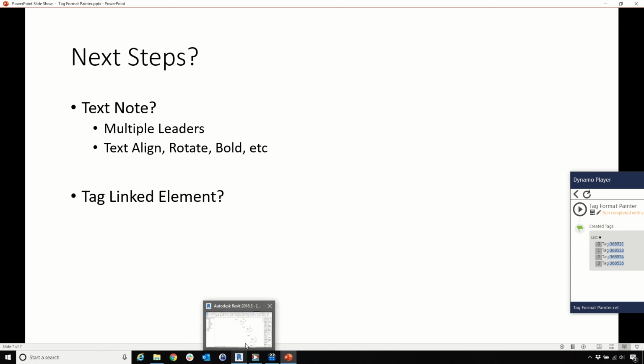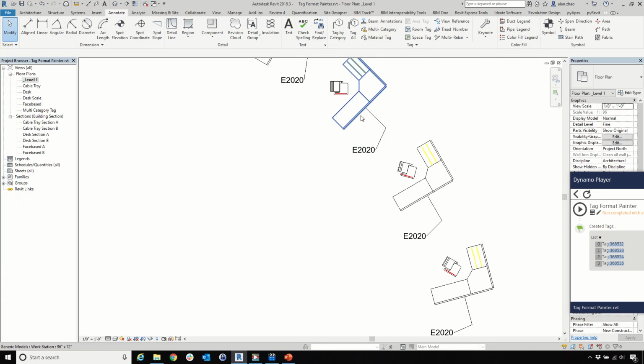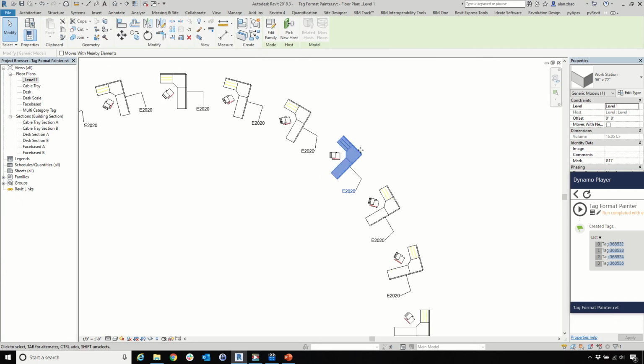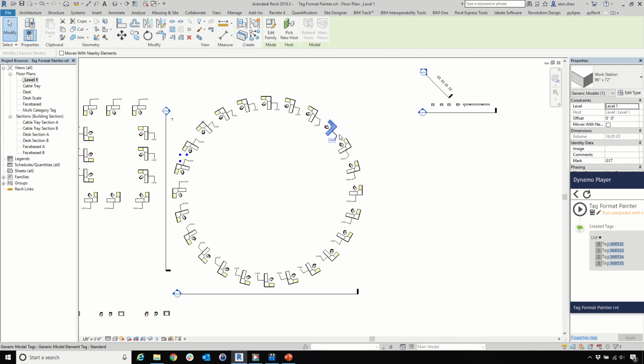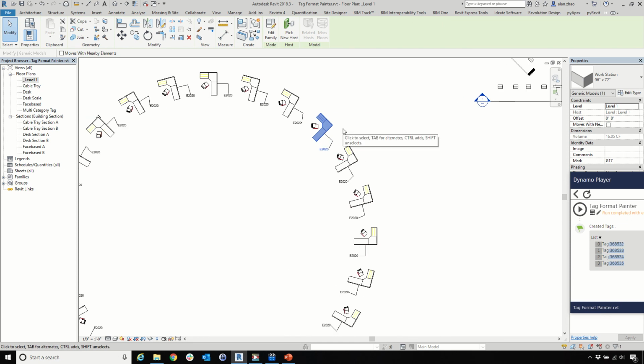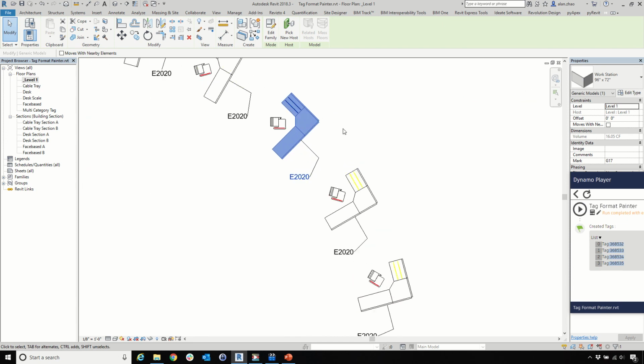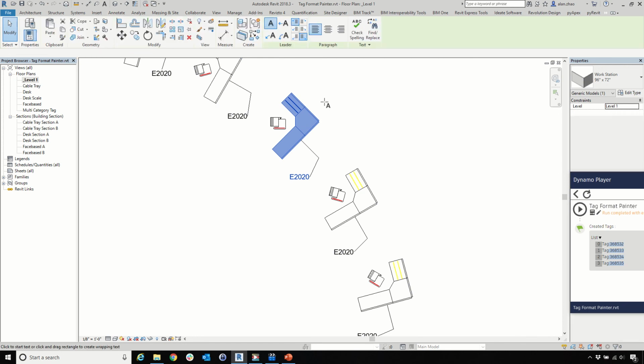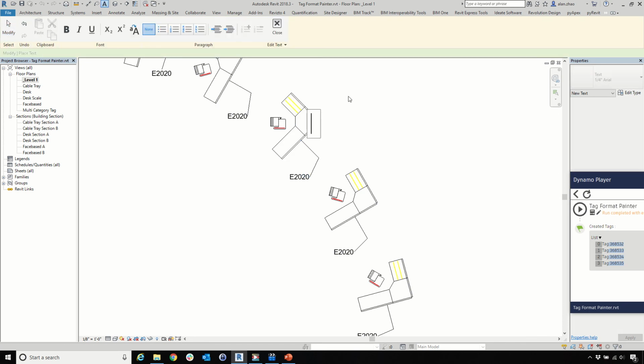Not to say that we need to add a text note to every desk in this view, but perhaps in every view behind one desk, we might want to add a text leader to say something that is useful in our case. Say, tag all of them,